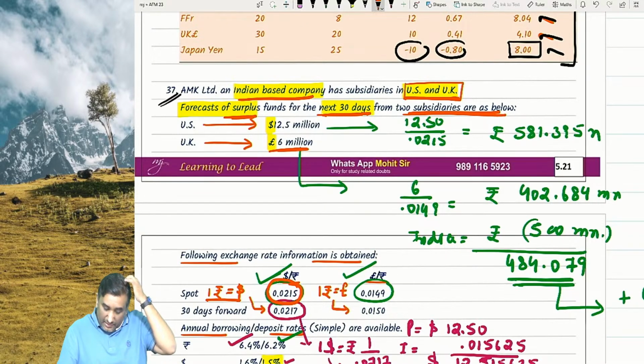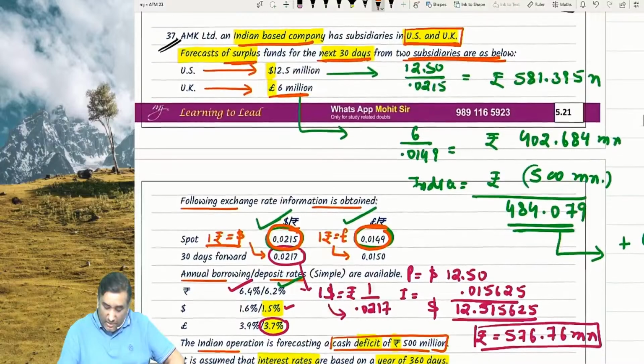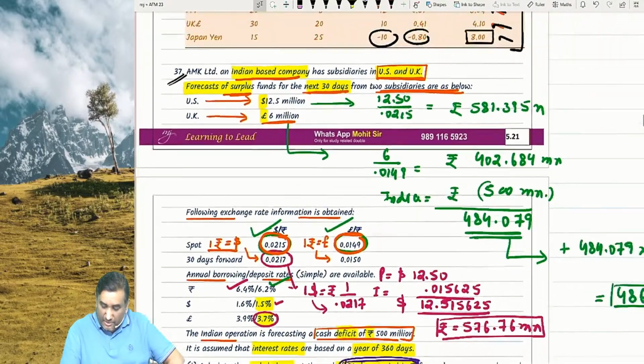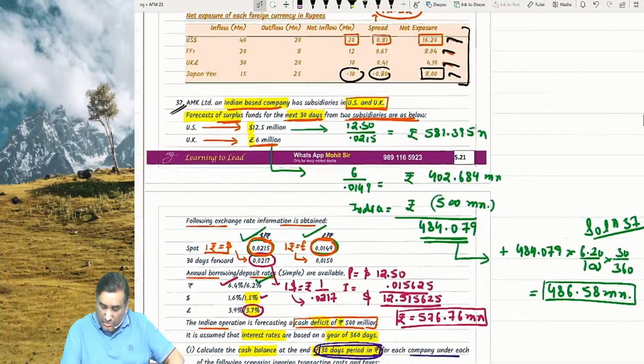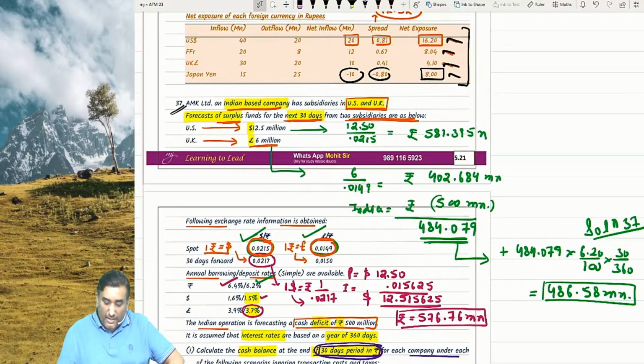0.0215, and the 30-day forward is given as 0.02117. The spot is given as 0.0419. Then you have the borrowing and lending rates available. Look up, please. I have done, I think, a shortcut answer also. If you bring in the 0 period,